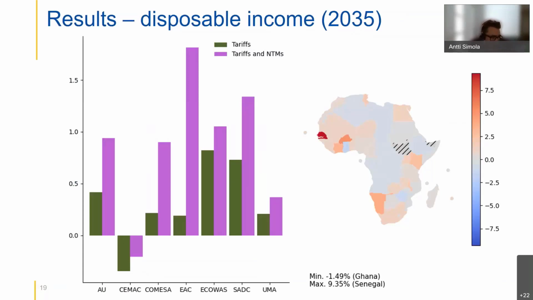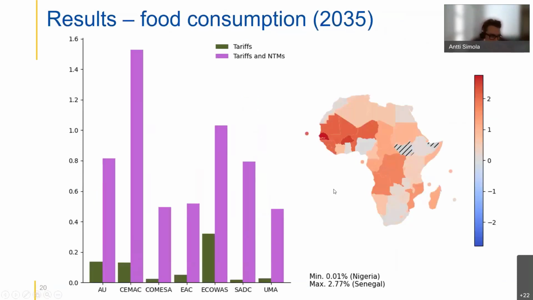It is nevertheless interesting to note that in some regions we see negative results, and they happen mostly in regions that are most dependent on the output of natural resources such as oil. CEMAC is a good example of such a region. When the exports of resources increase in these countries, the income shifts from labor to capital, which reduces the disposable part of it. And a more direct indicator of food security is food consumption, which we see increases in all scenarios, and the highest increases we see in CEMAC.